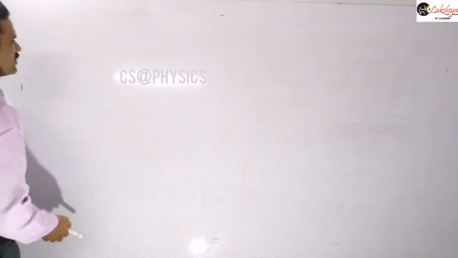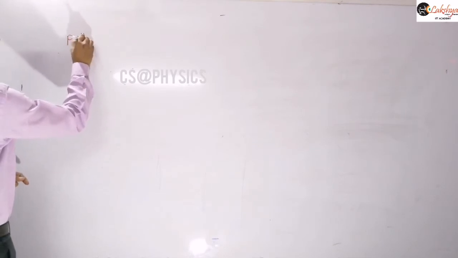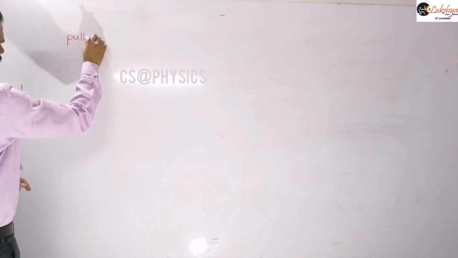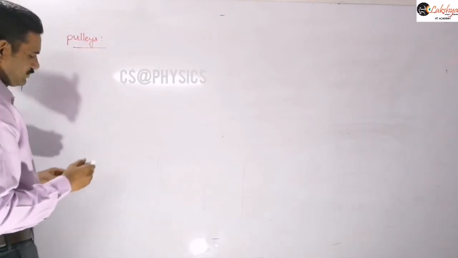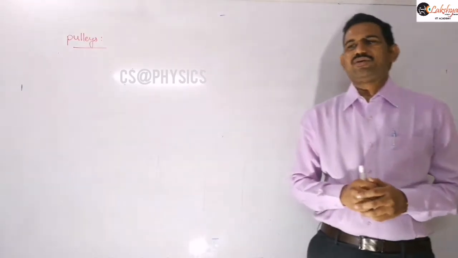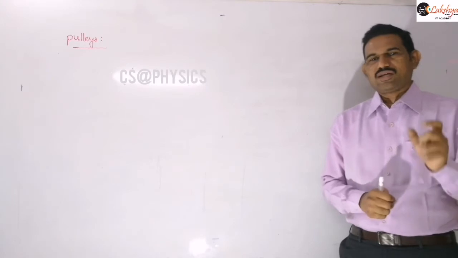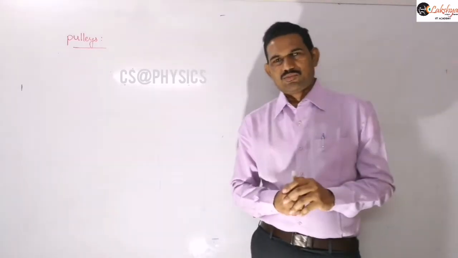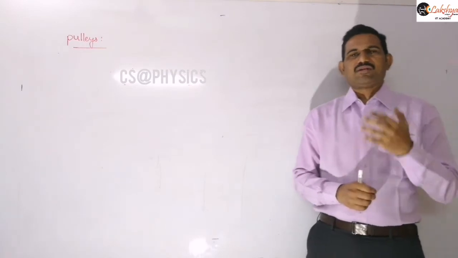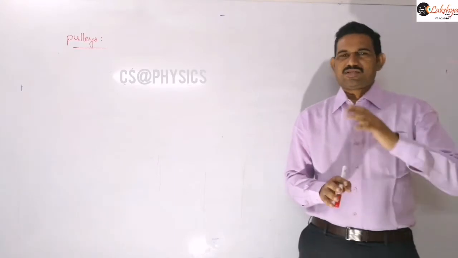And so next let us see our pulley problems, pulley related questions. As we discussed in the beginning of this types of forces, all the pulleys we are going to discuss are generally ideal pulleys. Ideal pulley means massless and frictionless: the mass of the pulley is negligible, as well as the friction between the string and the pulley. That is our general assumption there.